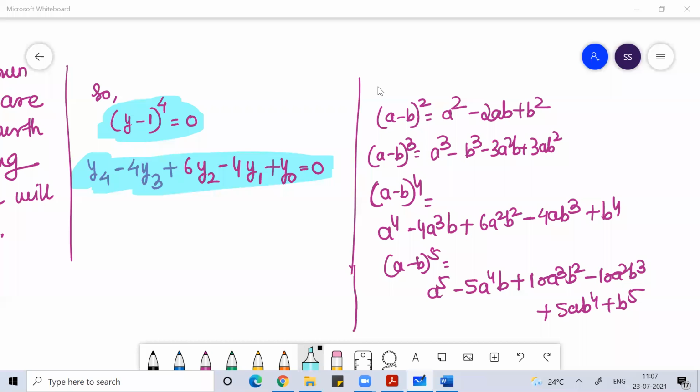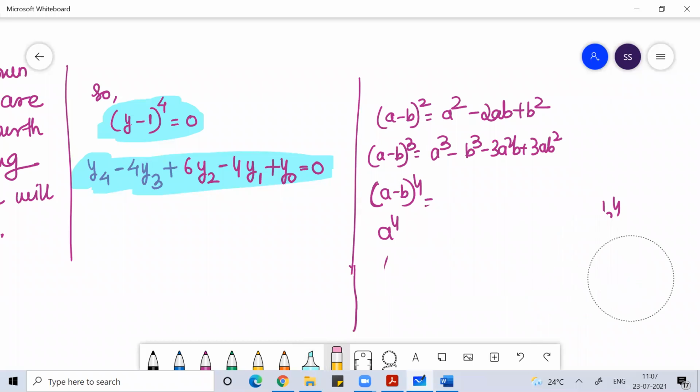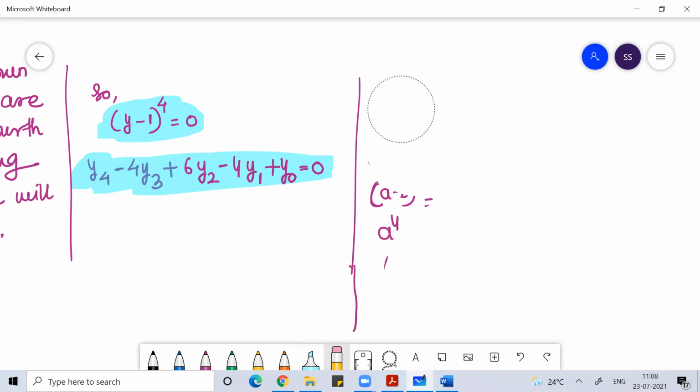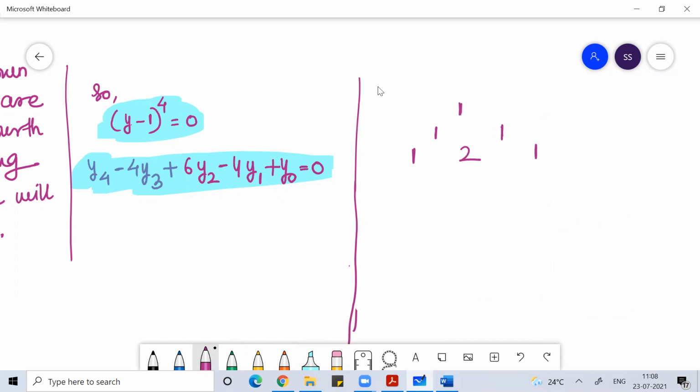So guys, if you are not very good with these formulas, nothing to worry. You don't have to worry about anything. You can simply remember something called Pascal triangle. 1, 1, 1, 1 plus 1, 2, 1. Then 1, 1 plus 2, 3, 2 plus 1, 3, 1. Then 1, 3 plus 1, 4, 3 plus 3, 6, 3 plus 1, 4, 1.